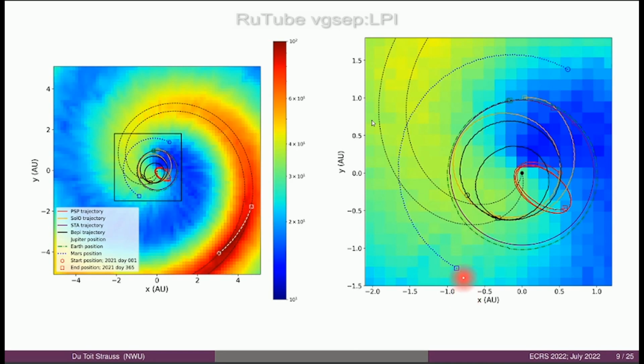So for instance, the blue is the trajectory of Mars in this case. So the MAVEN spacecraft orbits Mars. So there's in principle a data point that can measure this part of the distribution. At Earth, we have instruments closer to the sun. You have Parker Solar Probe spacecraft. This is this red trajectory that reaches very close to the sun. The orange is Solar Orbiter. There's Bepi Colombo, there's Stereo A.